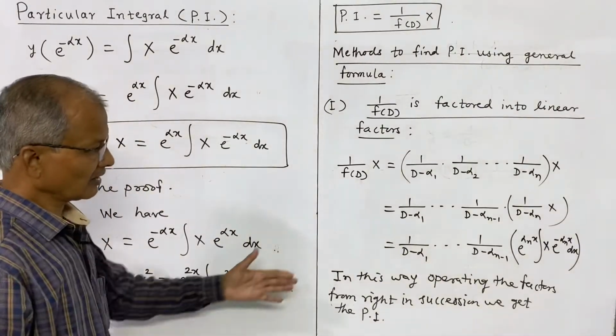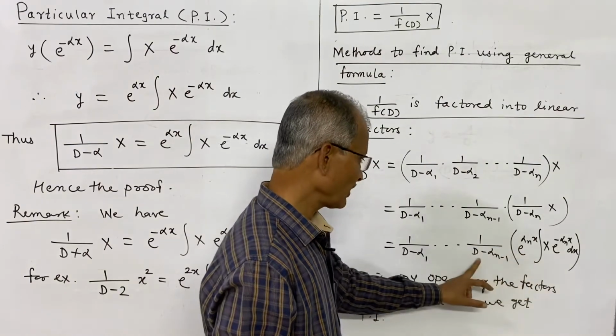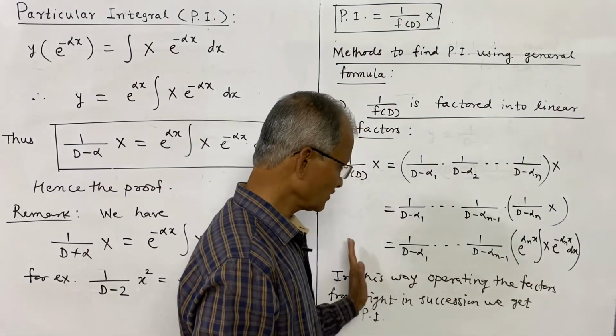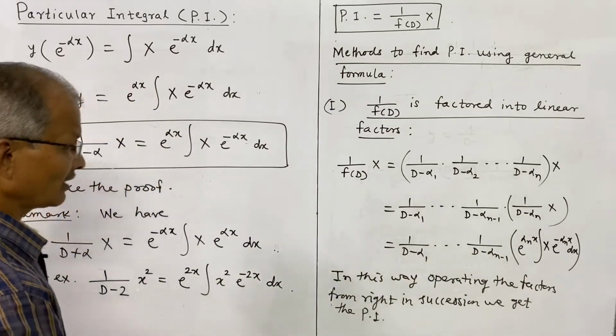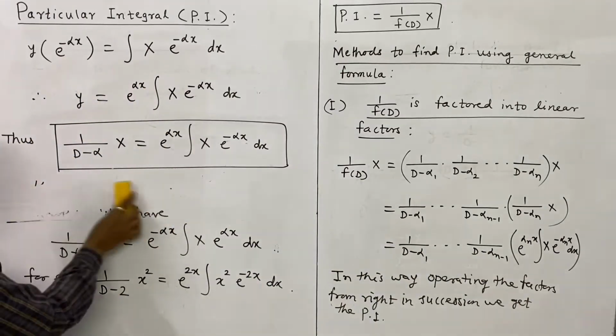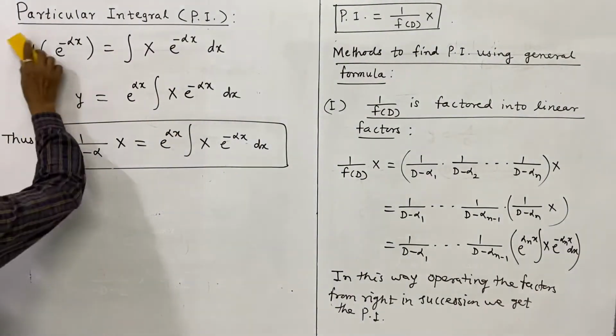If this factor is operated, then operate this one, and then in succession we can operate the last one as 1 over D minus alpha 1, and that gives the value of PI. This is one method. Now the second method is: